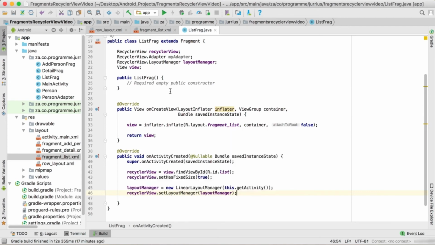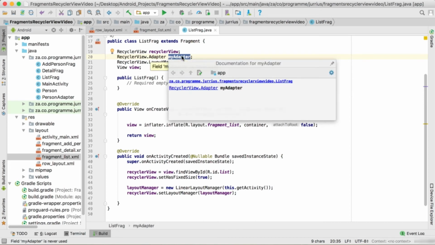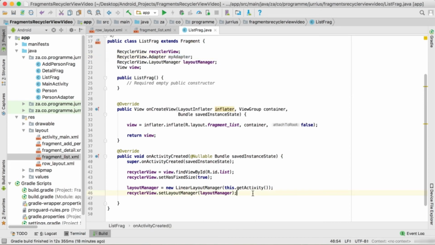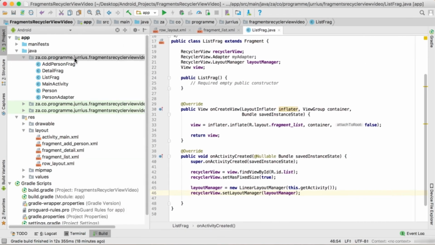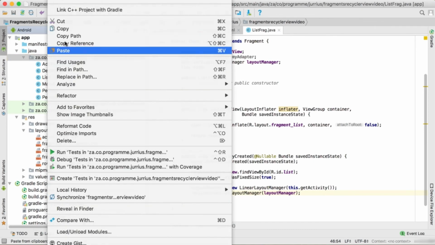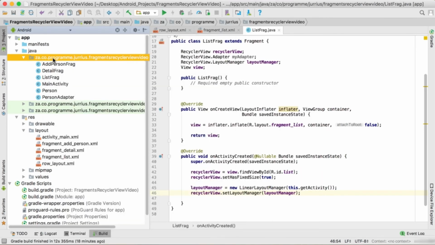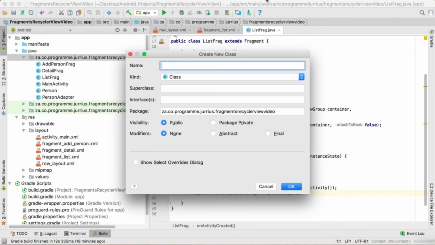to the adapter. So we declared the adapter there, but before we can do the declaration or the initialization of this adapter and pass in the list, the array list, we need to have an array list first. So for this, I'm going to do something a bit different. I'm going to go into my package folder, right click and say new Java class. And the class I want to create here, I'm just going to call it